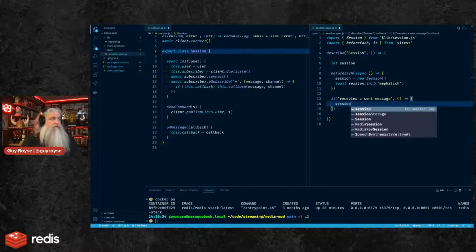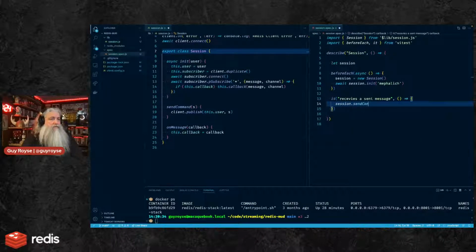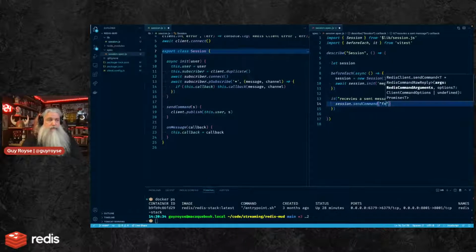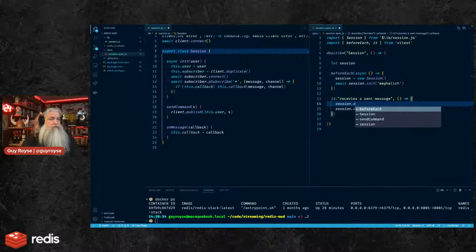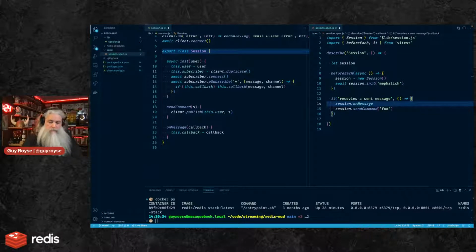Let's go session.send command foo. Session.on message. And then I have a little callback function here. And that's going to receive the message in the channel.